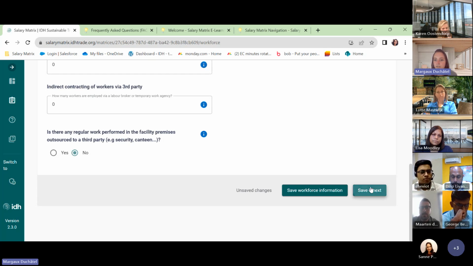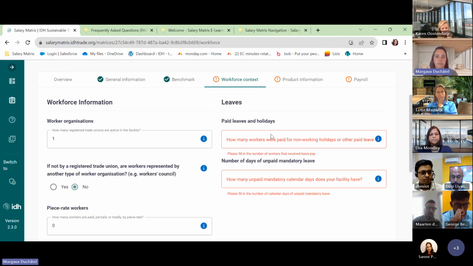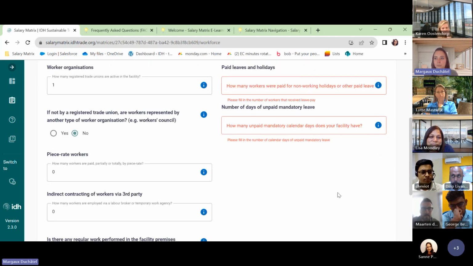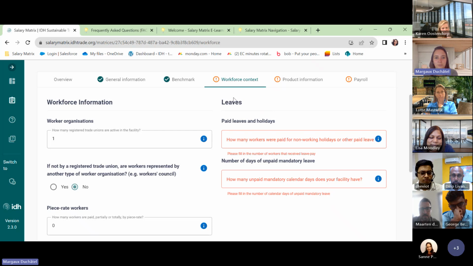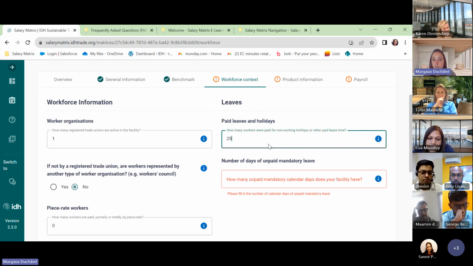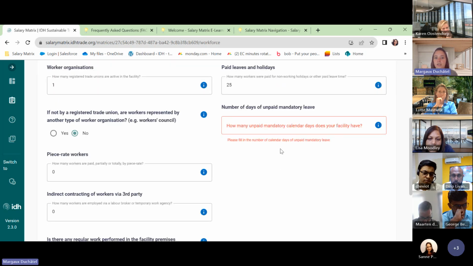See, the tool doesn't want me to save because I actually forgot to fill in this part. So the paid leaves and holidays, it's about how many workers. In my case, I will put that I have 25 workers that were paid for non-working holidays or other paid leave time, which means the entire workforce. And here you also have how many unpaid mandatory calendar days does your facility have? And by unpaid mandatory leave,